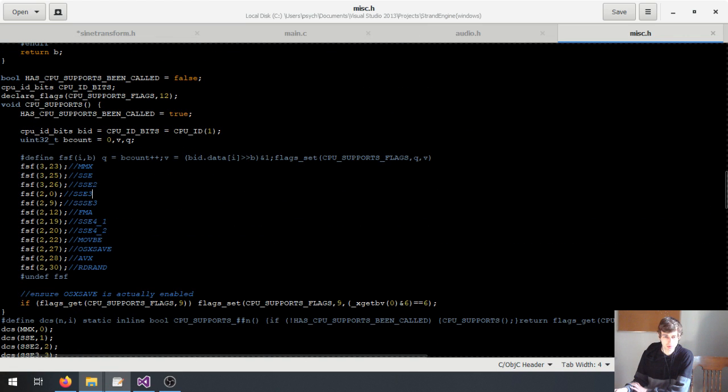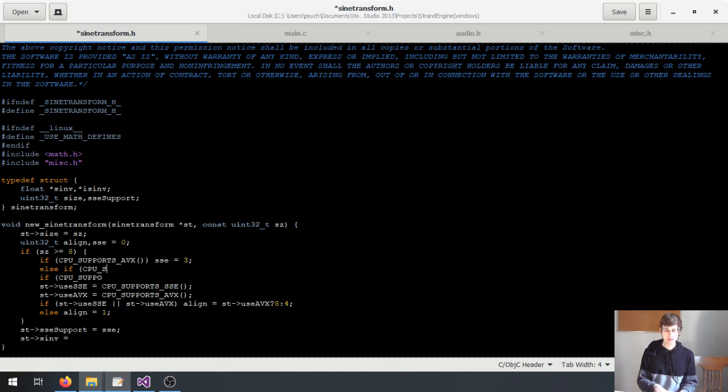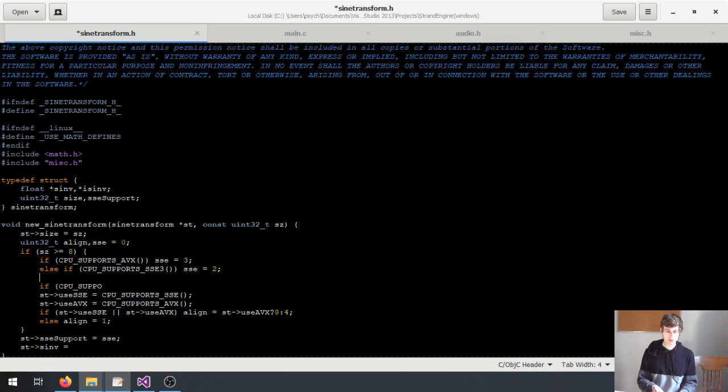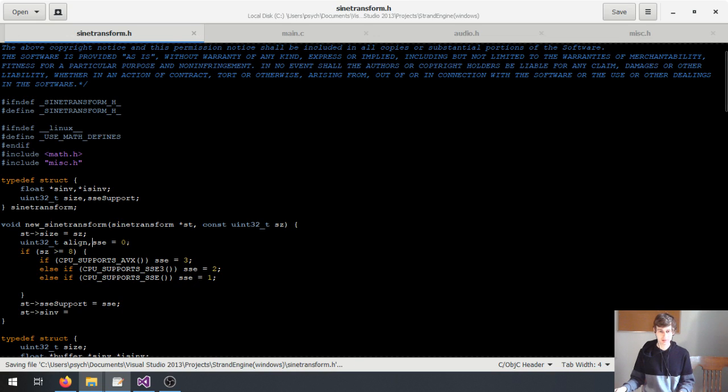So CPU supports SSE 3, that's what we're looking for. So if CPU supports AVX, then SSE is 3. Else if it supports SSE 3, then SSE is 2. Or if just SSE is supported, then it's SSE 1. Otherwise, it defaults to